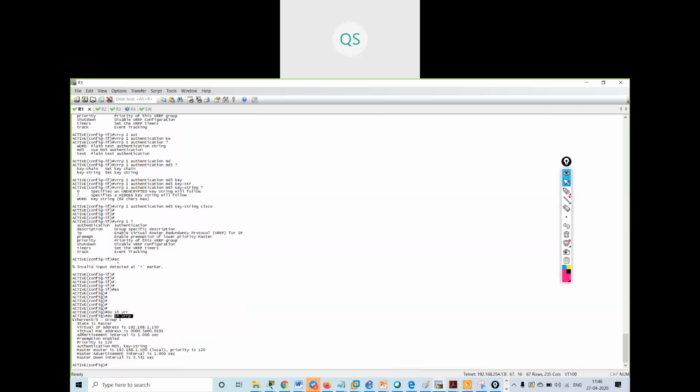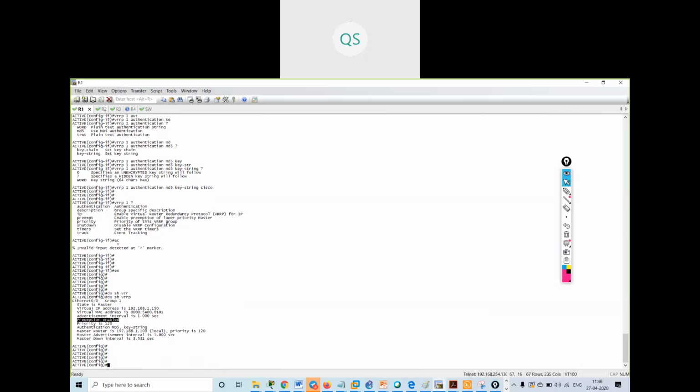State is master, with the virtual IP and virtual MAC address shown. The advertisement interval is 1 second, the default hello time, and the downtime is 3 seconds. I can change this. The master router is the local router, priority is 120, authentication is MD5. See, preemption is enabled by default.